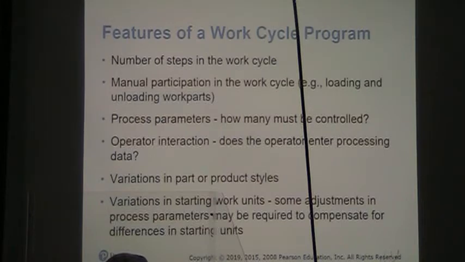And we may have variations in our starting work units where we have to adjust the parameters to compensate for those differences. For example, the example that we saw previously of a slightly oversized casting, for example. We might have a special program for that,